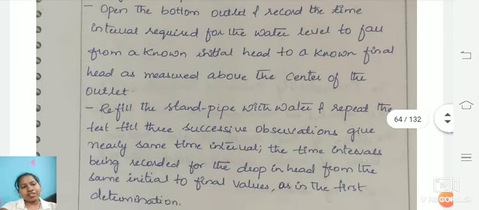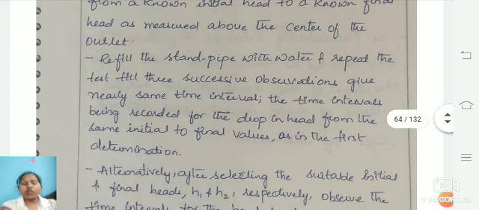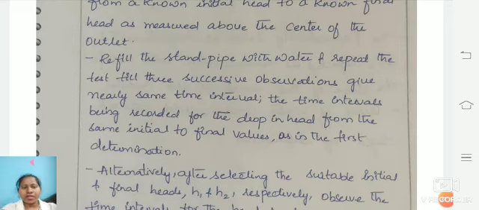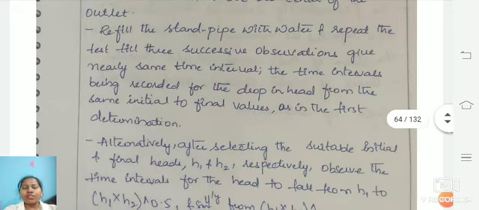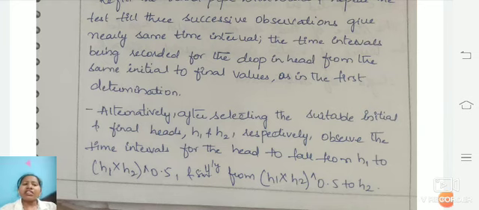Next you have to refill the pipe again, and you have to repeat the successive observations so that the continuous intervals at the same time interval record the drop, how much drop in the head is formed. The initial and final values for the first and the second determination should be taken into consideration. In the same way,